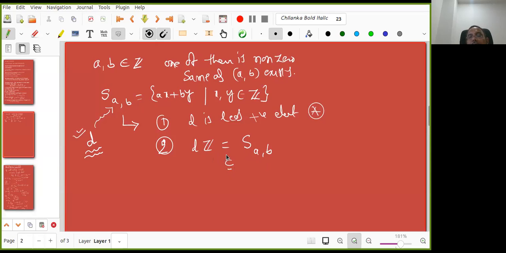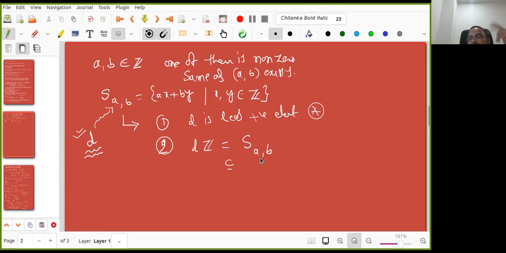Now the converse part I want to show. If I take any element here, that means it is divisible by D. For that I took a small z in here. Now D is greater than 0, so by the division algorithm, z = dq + r. Now r = z - dq. But z is an element here. These are the things you may forget. z is here, so it is of the form Am + Bn. That is the only step you may forget in future.